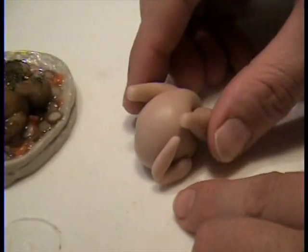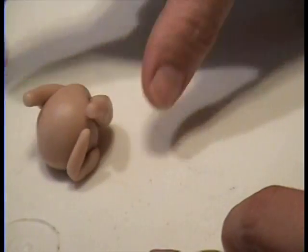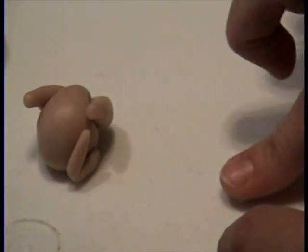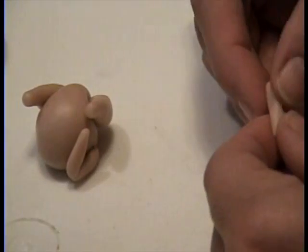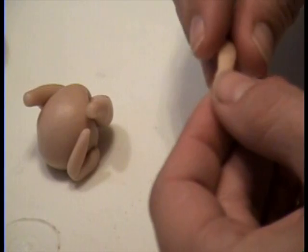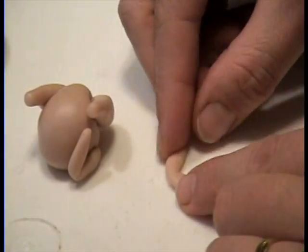The next part we're going to do is put on the little wings on both sides. Take a nice little piece of clay and roll it out. Show you. Roll it out here, flatten it slightly, take about the middle and start squishing just the center in. So you have two pieces with big on two sides and then squishy in the middle. Kind of make the tip of the wing pointed. And then you're going to